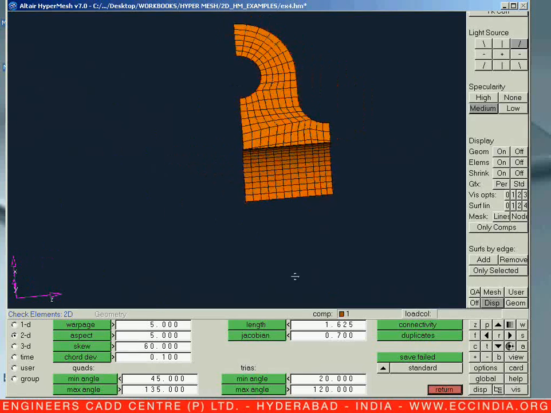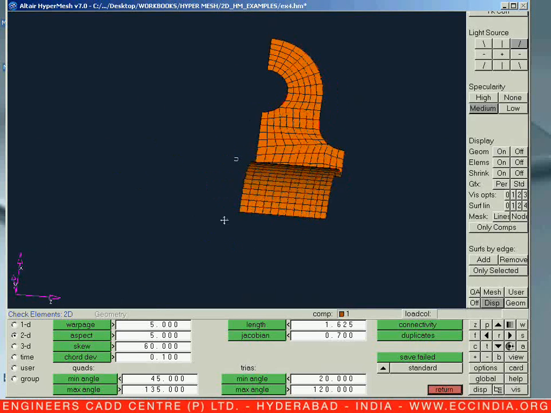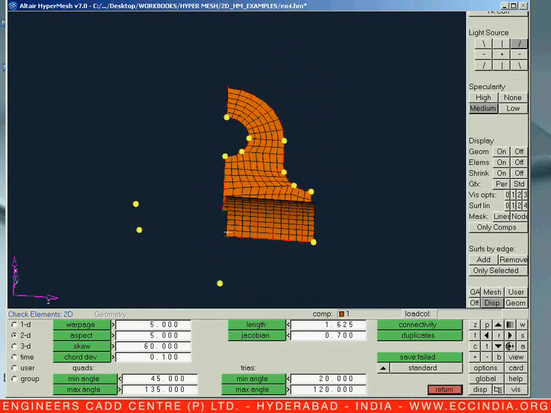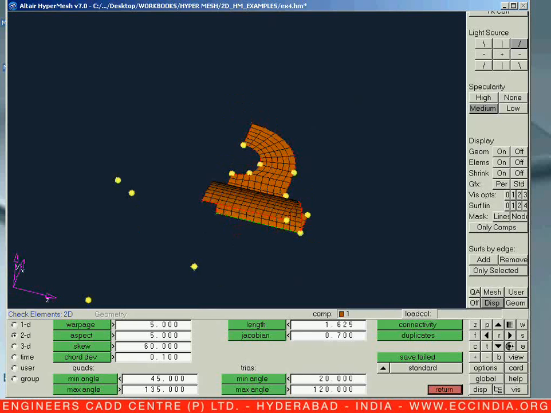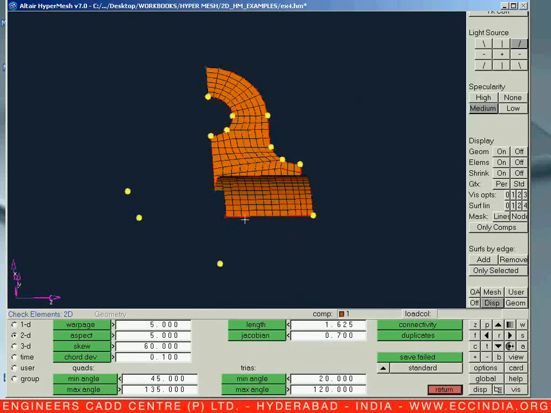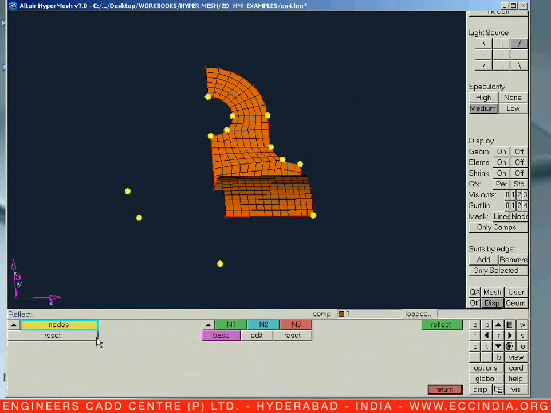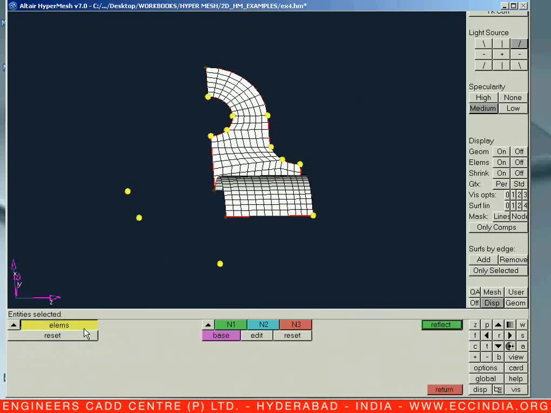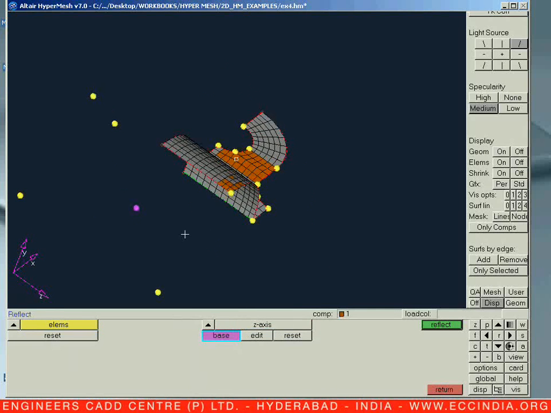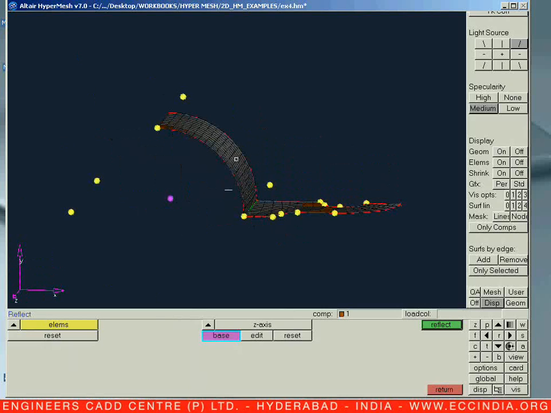Now I can reflect it. So let us reflect our mesh. So I will reflect it on a center node. So let us reflect first. Tools, reflect, elements, displayed, duplicate from your original composition along Z axis on this particular base point, and let us say reflect.